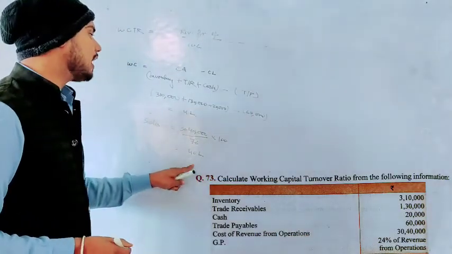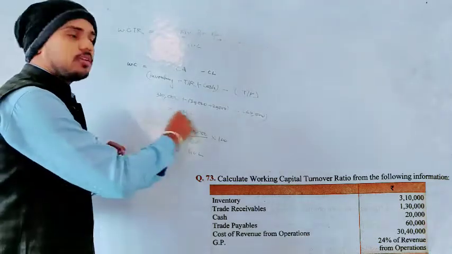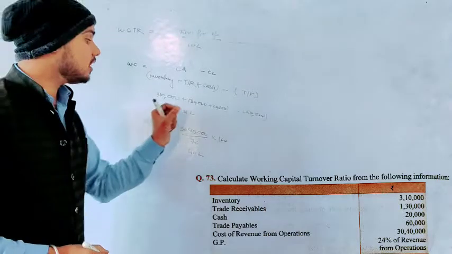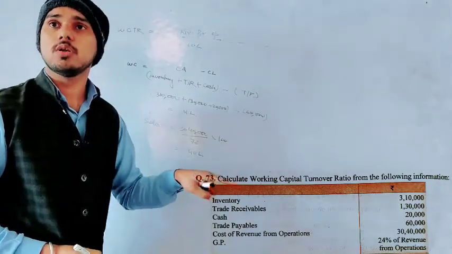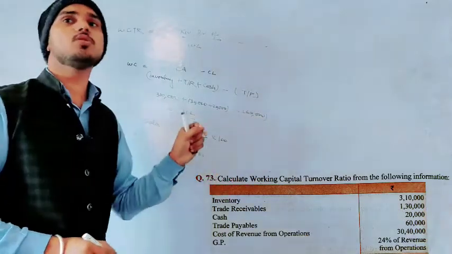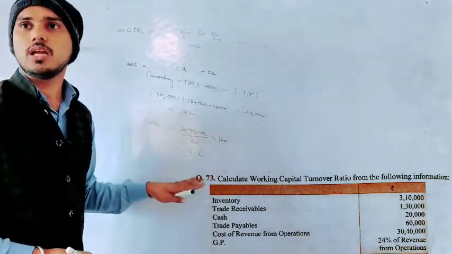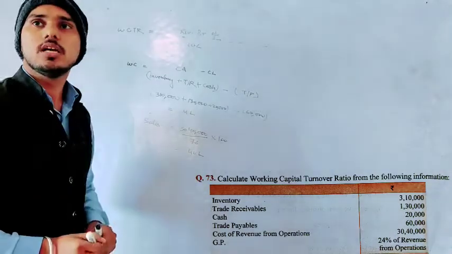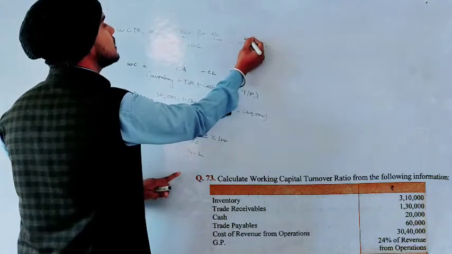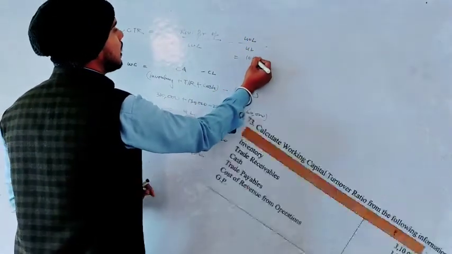So this way we got our sales as 40 lakh. Now you cannot write this thing directly. You will write that if sales is 100, gross profit will be 24% of 100, that is 24. So if sale is 100 and gross profit is 24, our COGS will be 76. Then you can do this calculation, right? You cannot directly do this. Is it clear? Now revenue from operation we calculated as 40 lakhs and working capital is 4 lakh. So that will be 10 times.